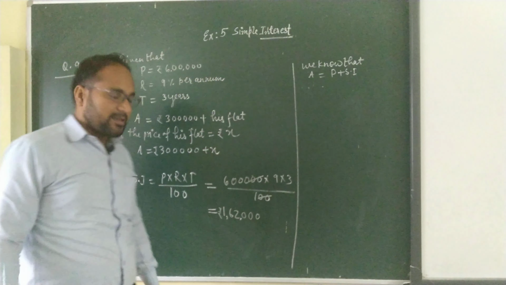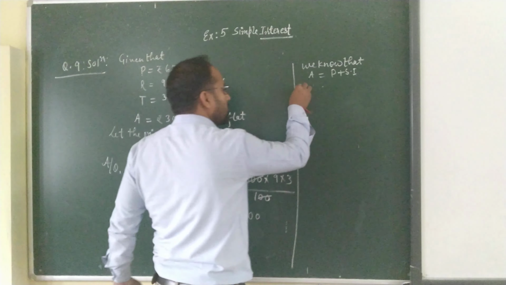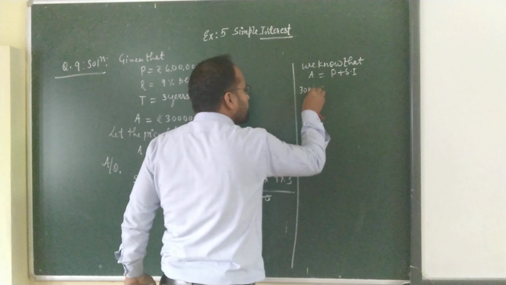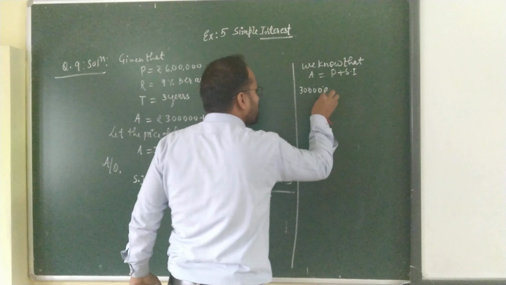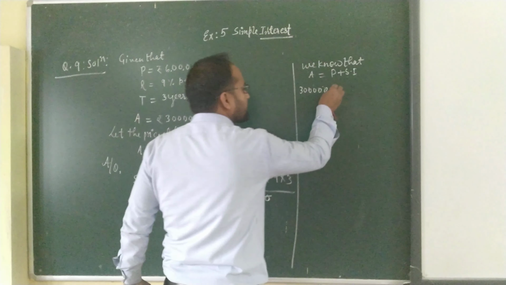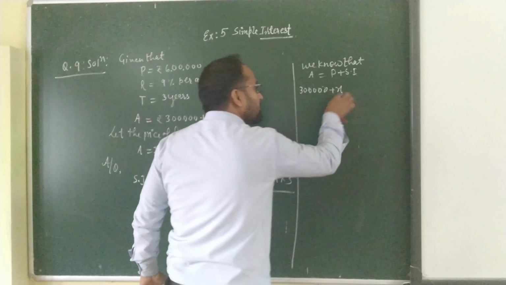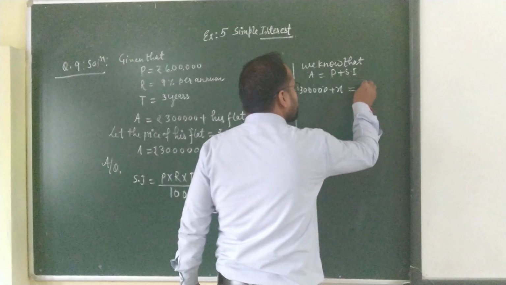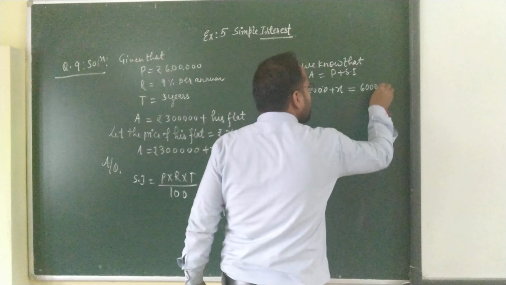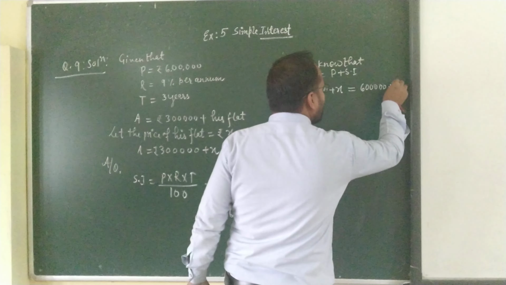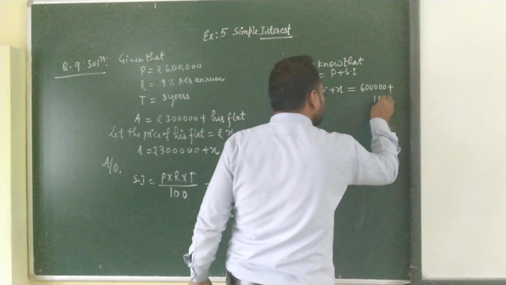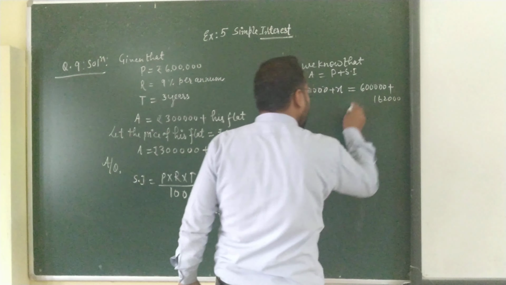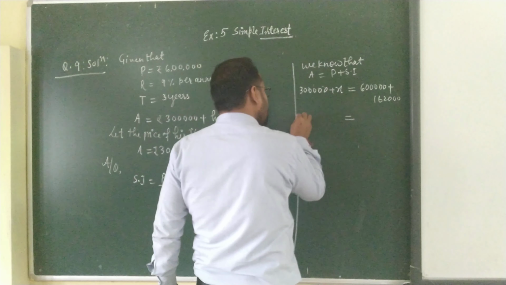Principal plus SI. So amount is 3 lakh plus the price of his flat, which is equal to principal, 6 lakh, plus 1,62,000. So add this: 3 lakh